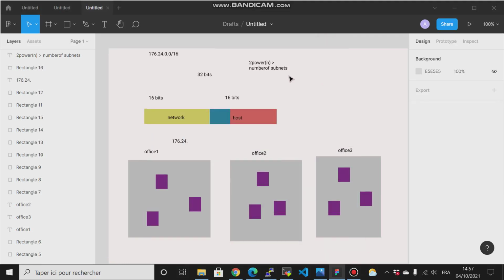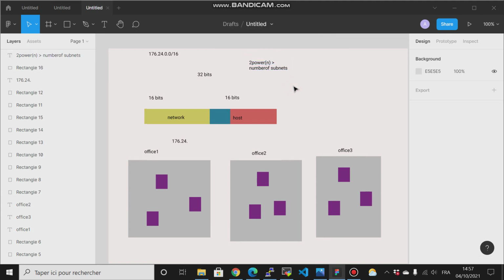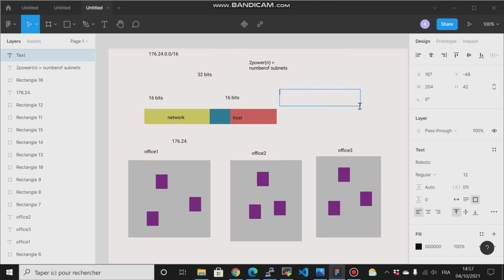So here we have 2 power n must be greater than the number of subnets. In our case, we want to have 3 subnets. So what is the value of n? This number must be greater than 3. So if we take 4, it is greater than 3. So what is the value of n that we will put here to have 4? It is 2. 2 power